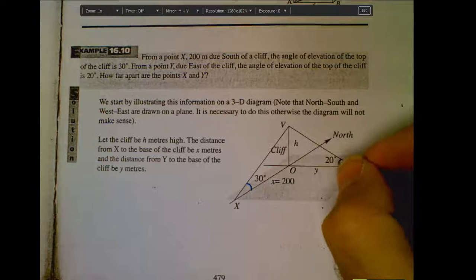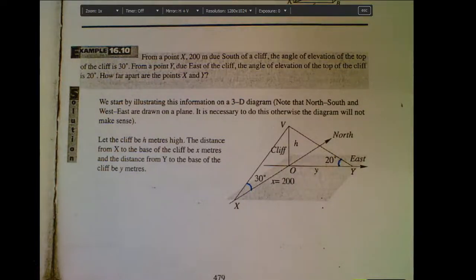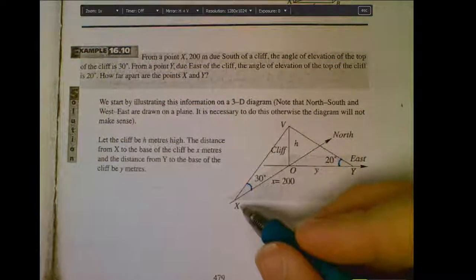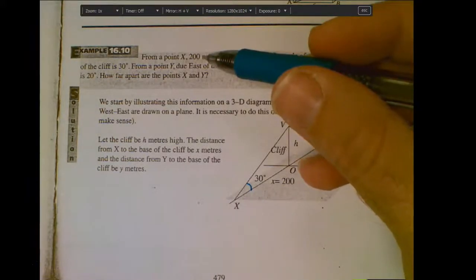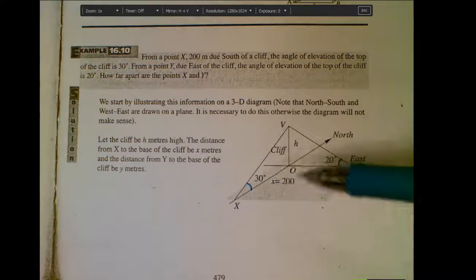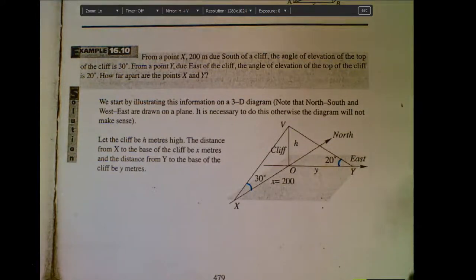We got the 20 degrees right over here for angle Y. We know that from X to O is 200. All those things were identified up here within the problem, and they already labeled it for us within the diagram. One thing that we'd want to note right off the bat